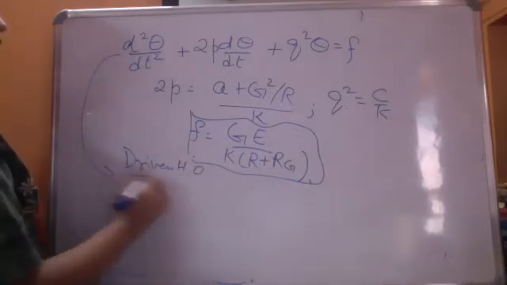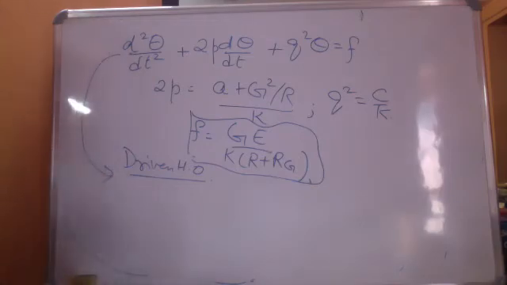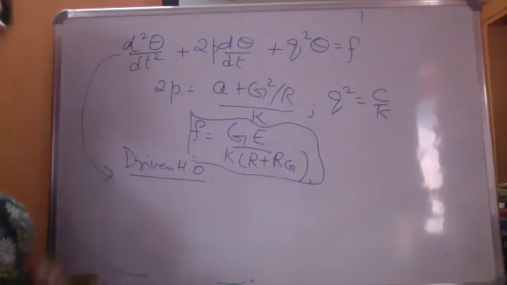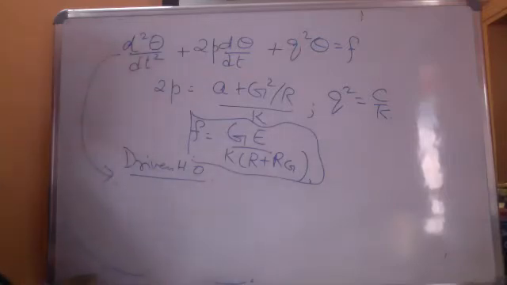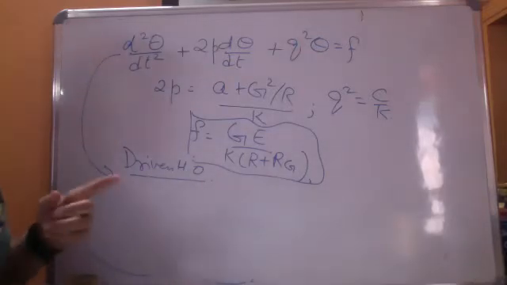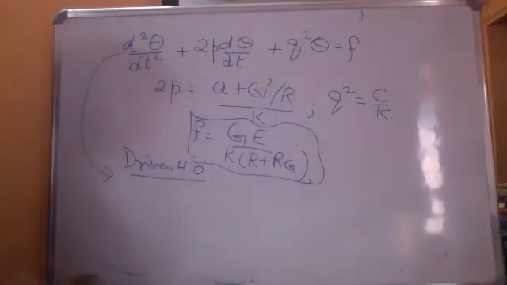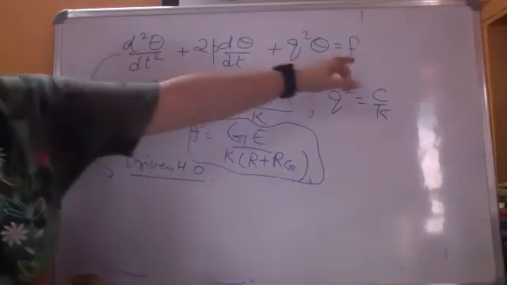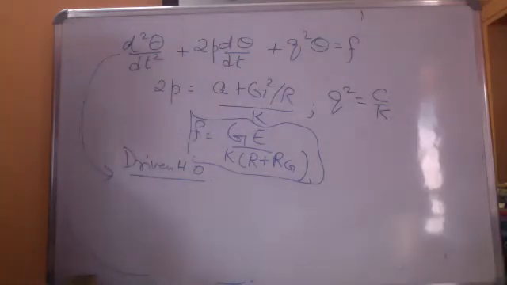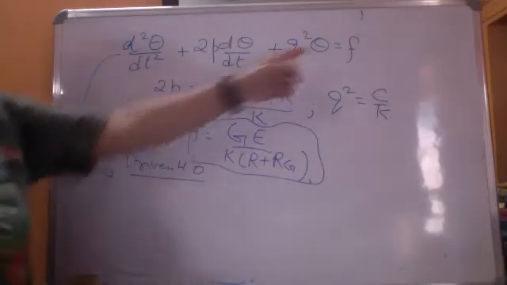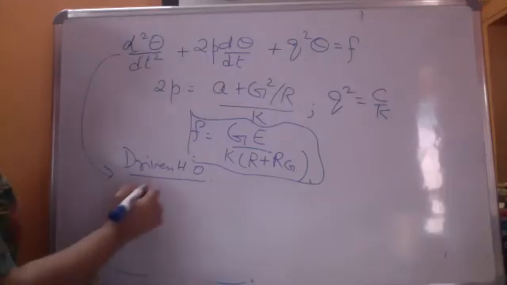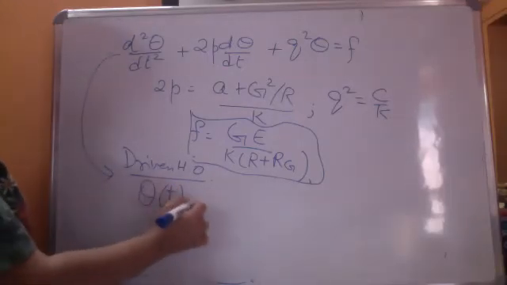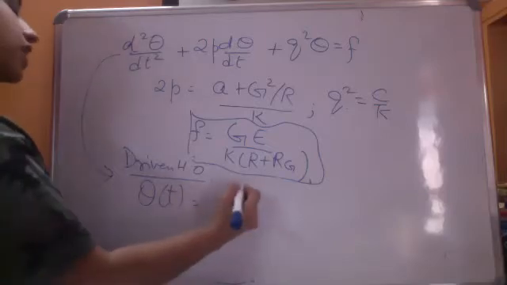And you know what is going to be the general solution for this driven harmonic oscillator? It is not difficult. If you look at this equation, the solution to this differential equation will have two parts. One will be the solution to the homogeneous differential equation, that is you put f equal to 0, and second will be the particular integral. Now since f is a constant force here, it's not difficult to see that the solution to this differential equation will be of the type